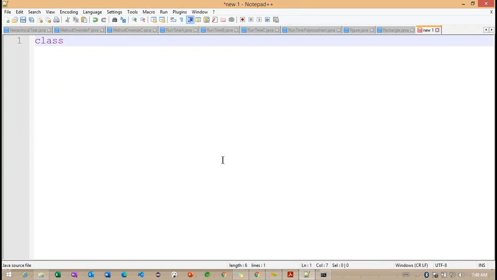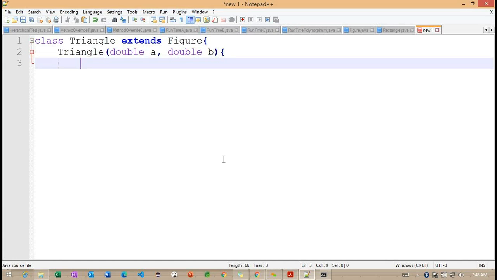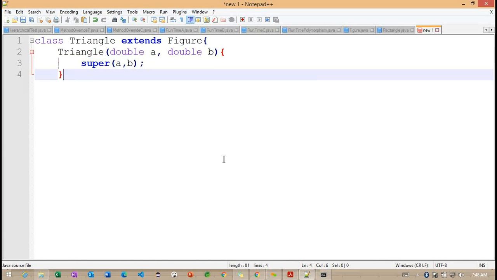And finally, we'll work with the final class called Triangle. So Triangle is going to extend from Figure. And double B. Super A comma B. So this is our Triangle class we are creating.